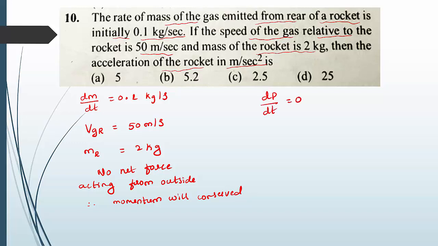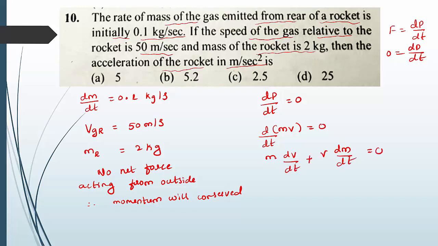So when momentum remains constant, we can write the equation dp divided by dt is equal to 0. So why is dp by dt equal to 0? Because there is no force here. Because we know this equation, f equal to dp by dt. No net force is acting. So dp by dt is equal to 0. Right? Or this equation can be written as d by dt of P, where P means linear momentum, that is mass into velocity, is equal to 0. So this equation can be written as, applying the product rule, m into dv by dt plus v into dm by dt is equal to 0. This is the product rule we applied. Substitute their value.